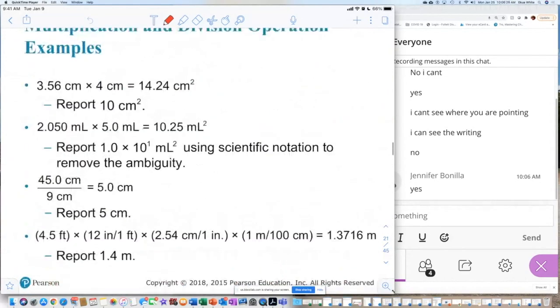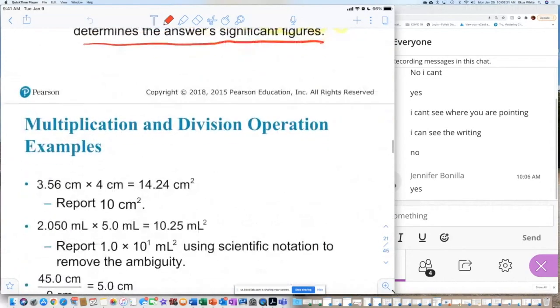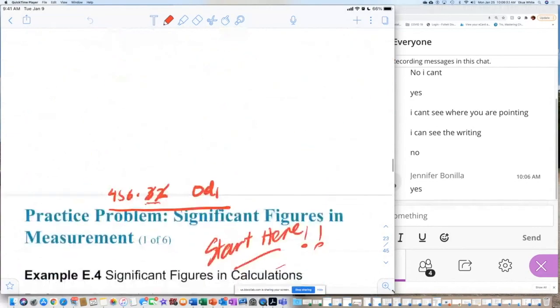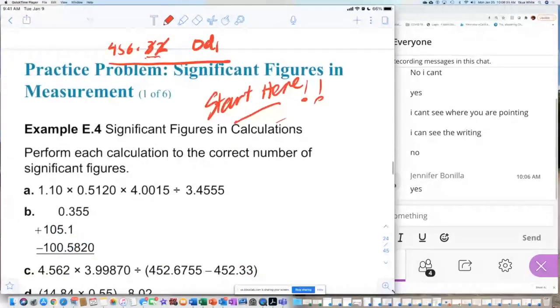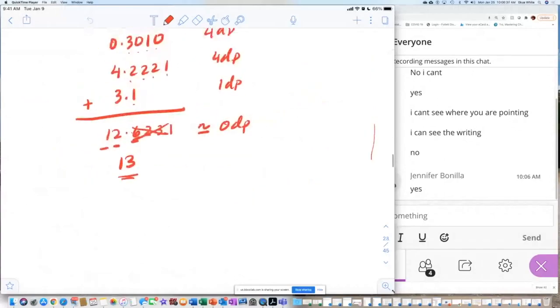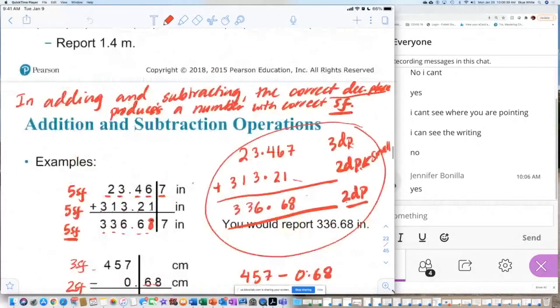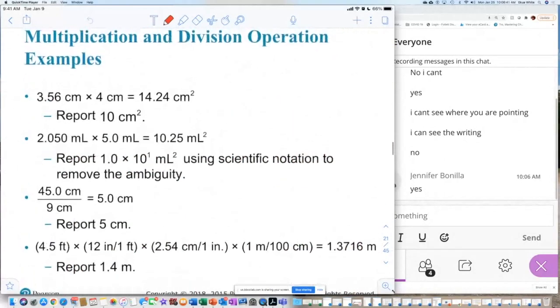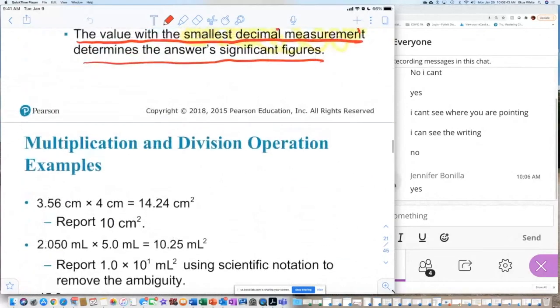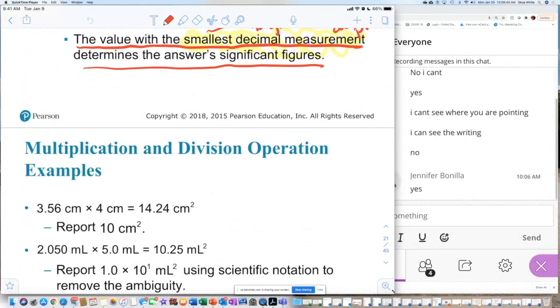Okay, I see I skipped over the multiplication and division. So let me go ahead. Since we did this part here, I said start here. I actually have to do the multiply and divide first before we continue where I said start here. Okay, so a quick recap. Last week when we were working on significant figure calculations, we mentioned that when you're adding or subtracting, right here,